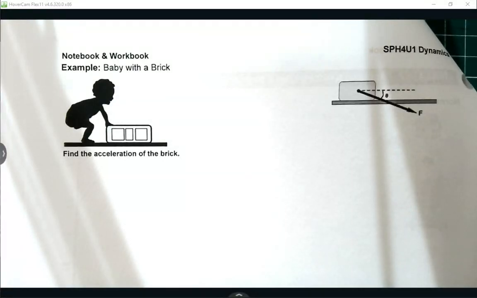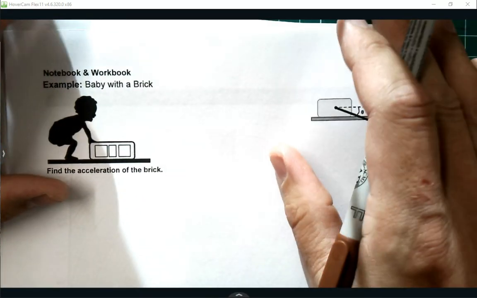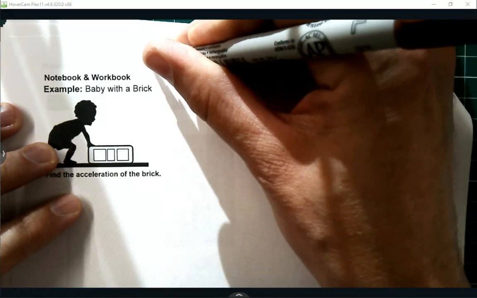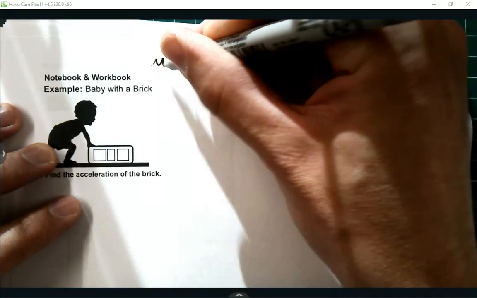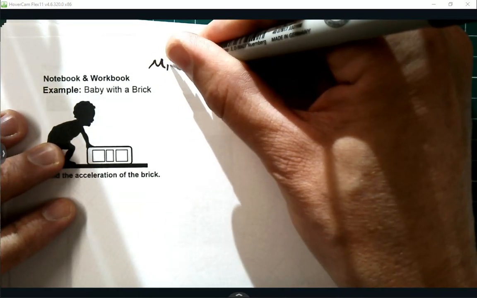All right, so we got this baby that's pushing a brick. And just a reminder, things that we kind of know, but still want to toss out there, that we talk about friction, because this brick is going to have perhaps some friction come up later on. And I just want to toss this out there for later in the conversation, that coefficient of friction is equal